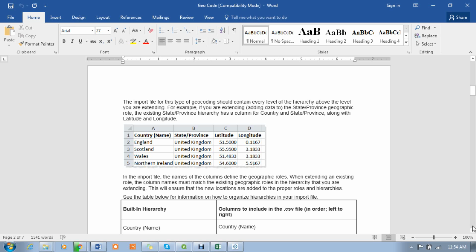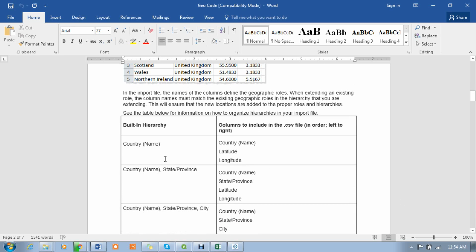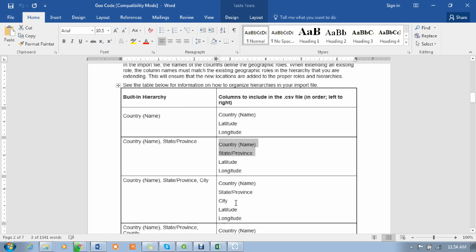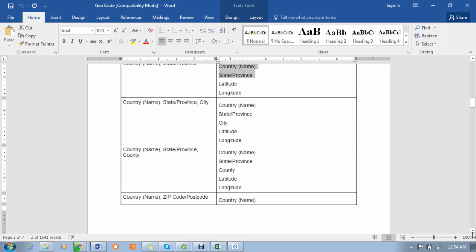If I am only entering for country, then you have to give country name, longitude, latitude values. That's it, madam. Now if you want it for state, you have to give the country name, state name, longitude, latitude values for state. If you want city also, you have to give the country name, state name, city name and longitude, latitude for city, not for the state and country. This is the format we have to prepare the file in, madam.